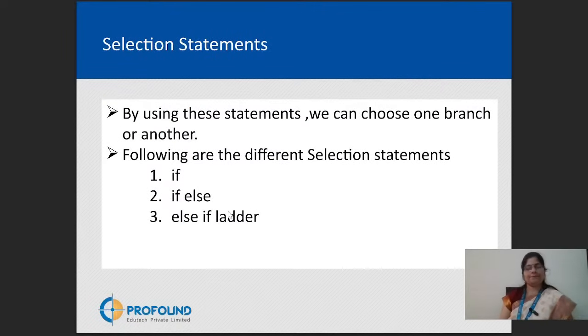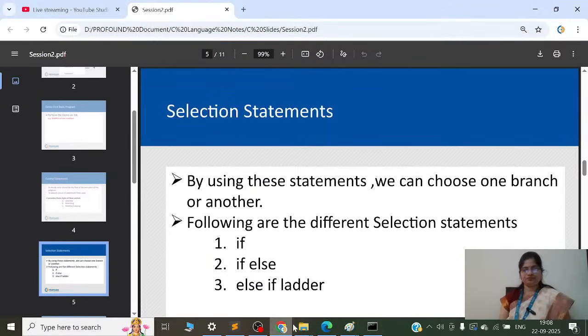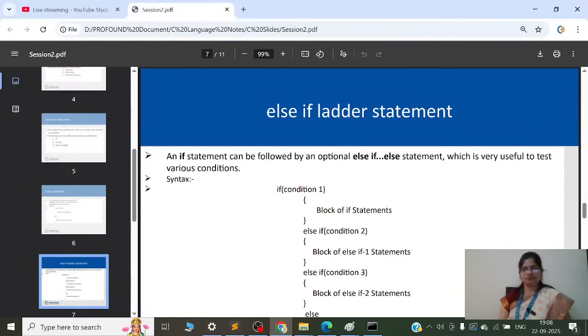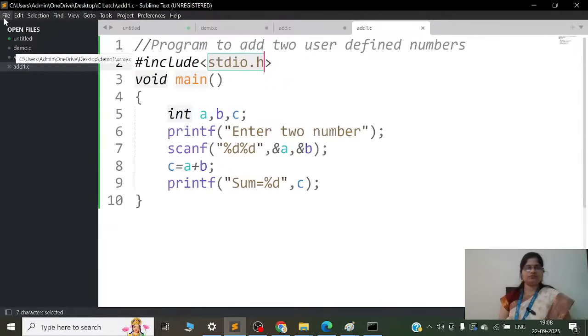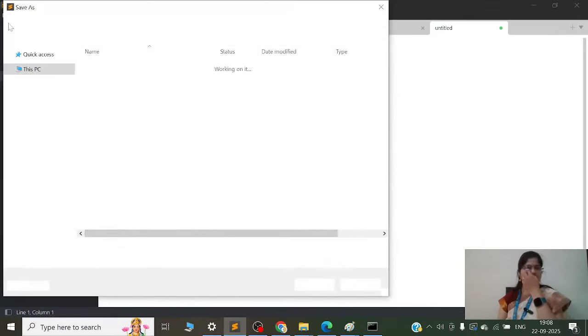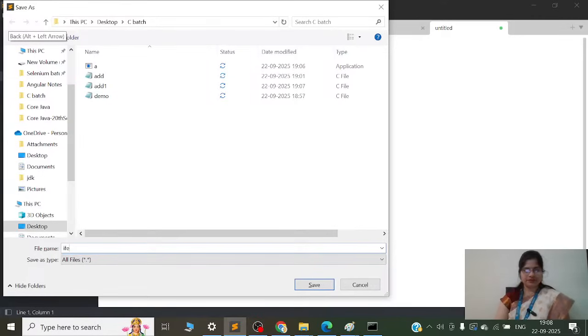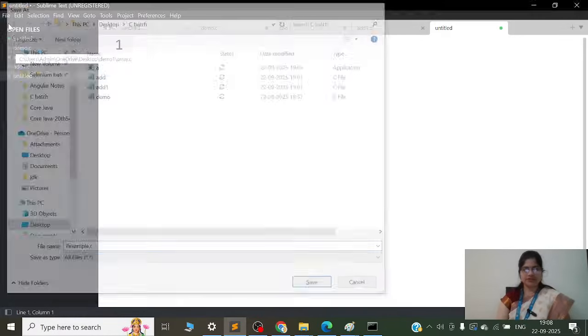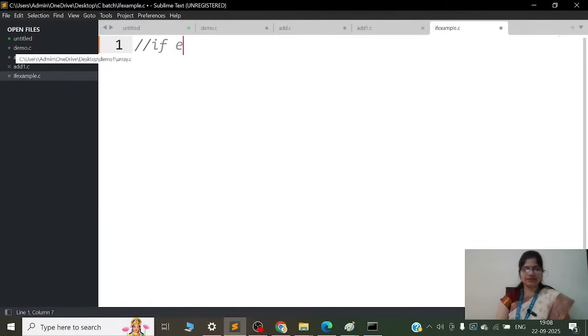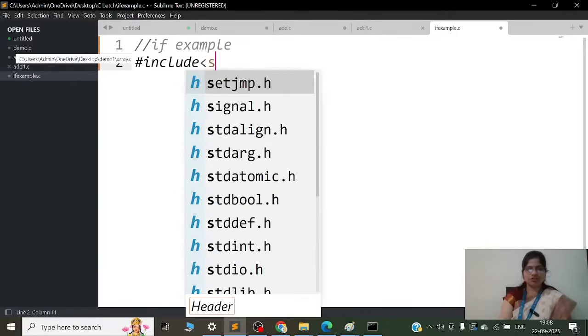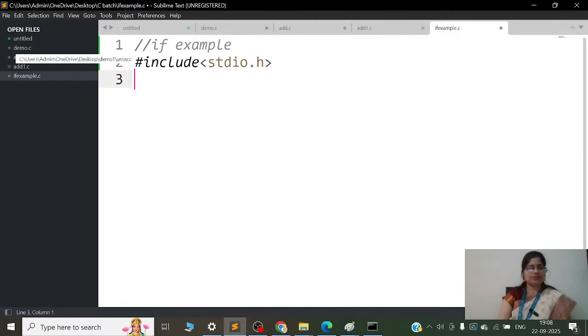So let us see this through a program. So I'm creating a program if example.c. This is a program for if example. ठीक है. Hash include stdio.h, हेडर फाइल जिसके बिना सी प्रोग्राम रन नहीं होता है. मेन फंक्शन, inside a main function